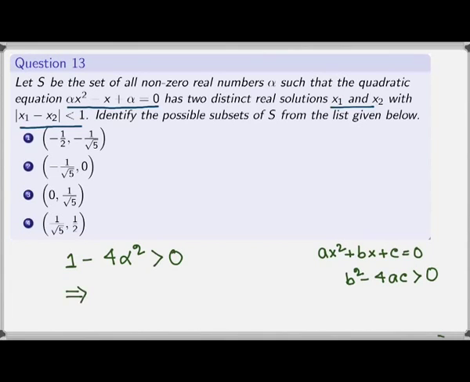That means 4 alpha square has to be strictly less than 1. That is, alpha square has to be strictly less than 1 by 4. Now as alpha is non-zero, we are given in the question, we can conclude that alpha has to be in the open interval minus half to half excluding the